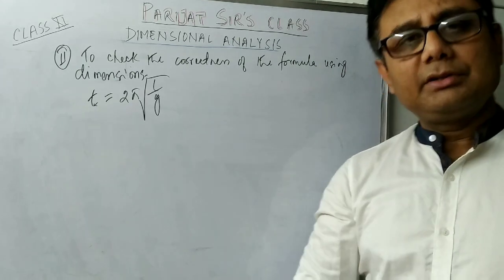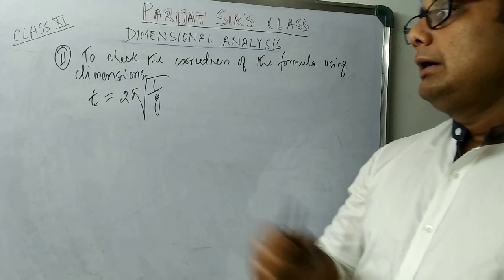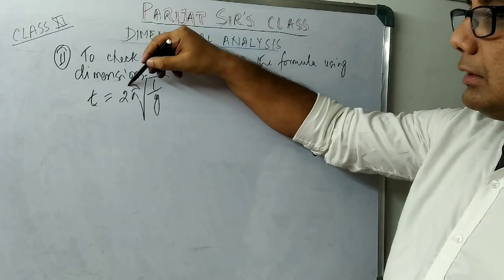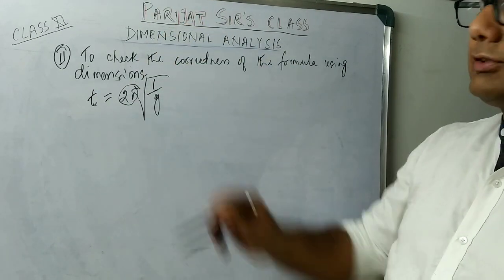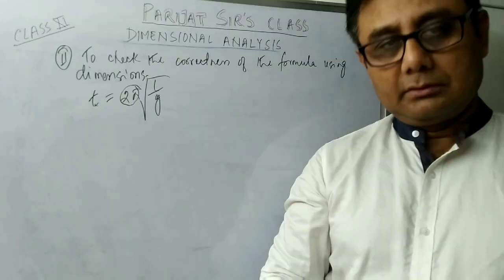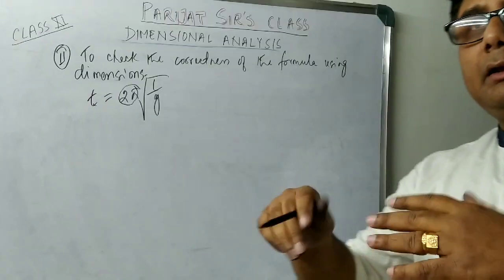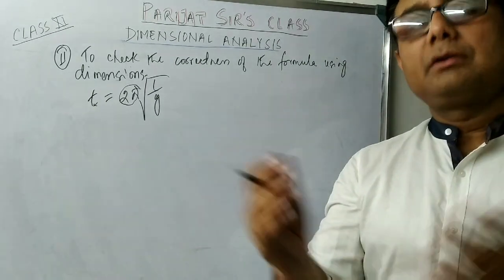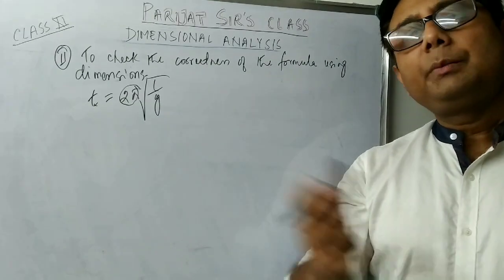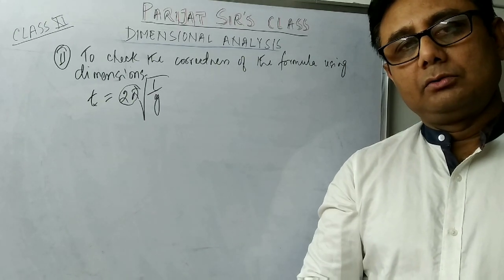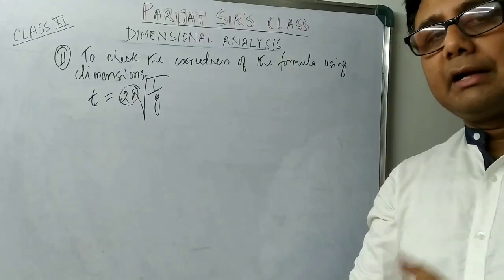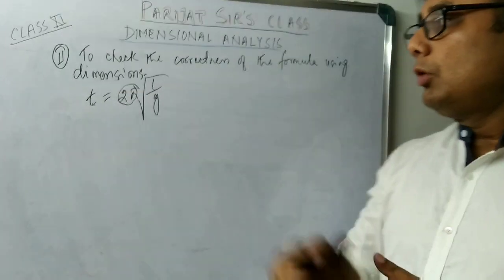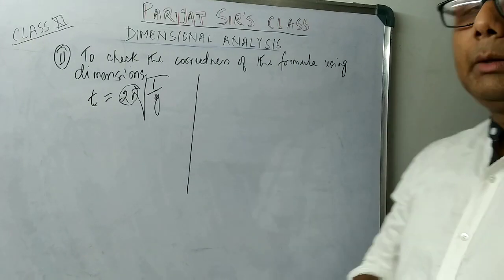Now, one thing about dimensions, let me tell you. In dimensions, you cannot check the dimensions of particular constants. 2 pi or any number, suppose 5 unit. So 5 cannot be tested. So whichever is a constant, that we cannot check. And in dimensions, one more important point, you keep it in mind,